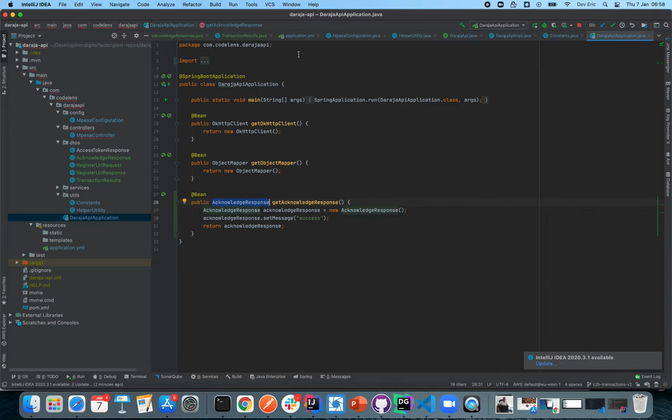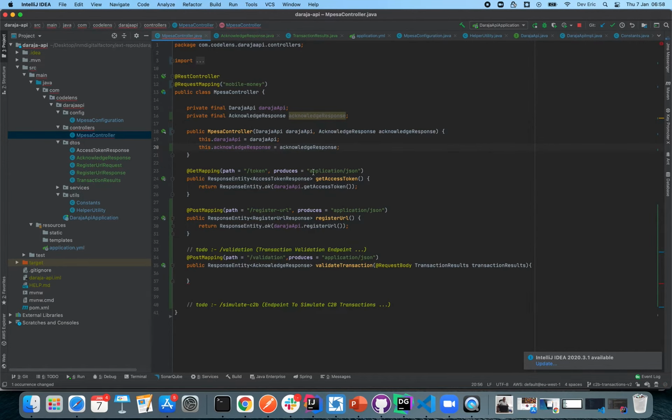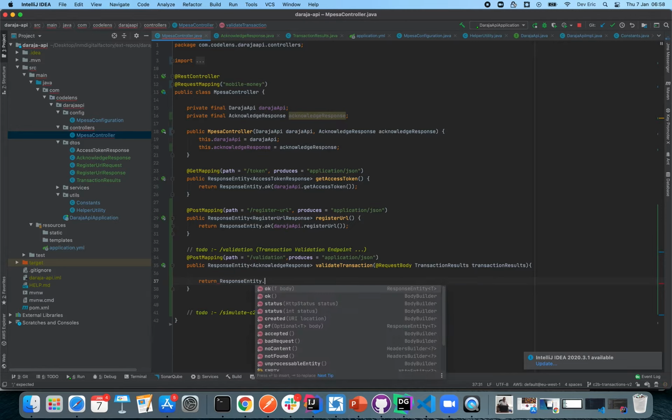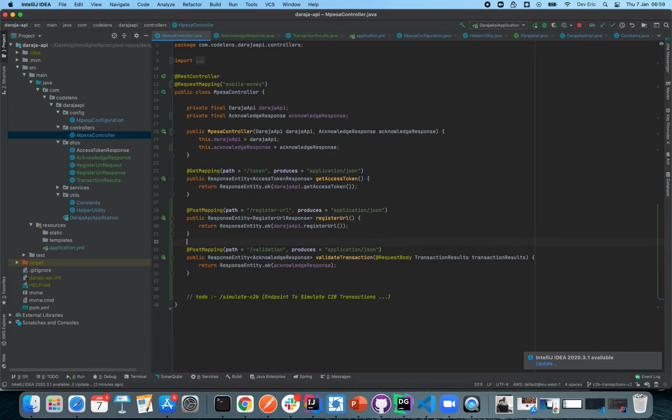Now with this, now we can come to our controller. Let's just get it from here. Then let's say private final acknowledge response. So we need to do a constructor injection, right? So now with that, for now we are not going to do a lot of logic. For now we're just going to return to Safaricom and just tell them, okay, we've received the transaction response, so acknowledge response, right? In our later episodes, we are going to have a look at how we will be able to store the transaction details in a database. All right, so with that, our validation is now done. Okay, just a simple